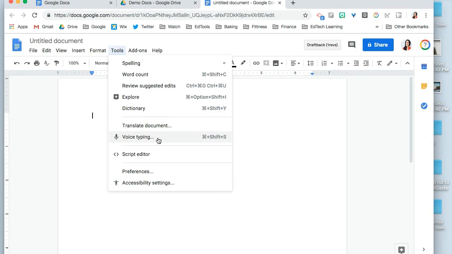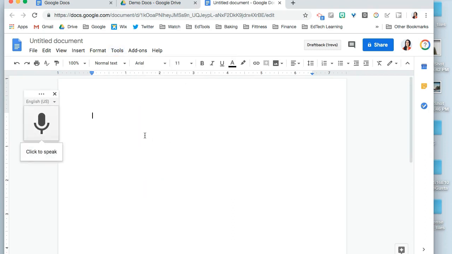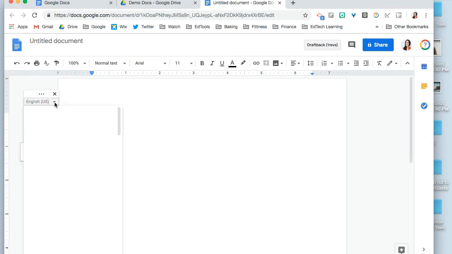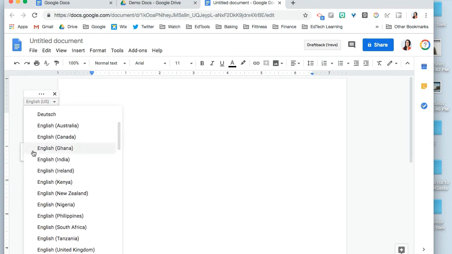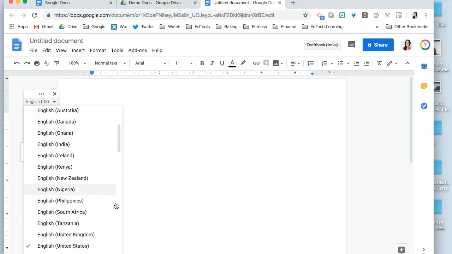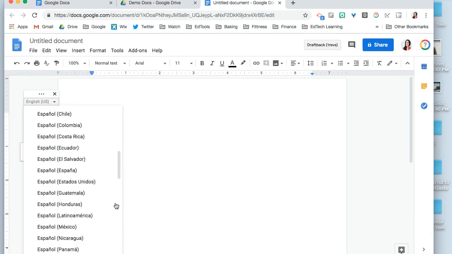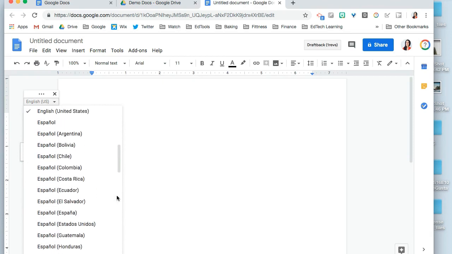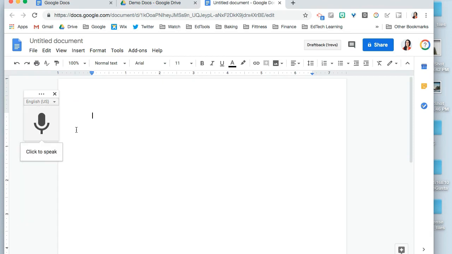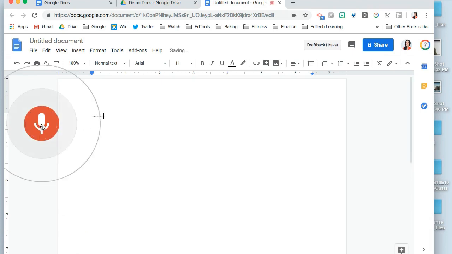So when I open up my voice typing tool, it gives me a microphone, and it's not turned on yet. First, I have to choose the language I'd like to speak in. My computer defaults to English US, but you could change where you are speaking English, so you can get more specific terminology and accent type English, or you can choose a whole host of other languages to dictate to. I'll stick with English US, and when I click my microphone, I can start dictating my text to my computer,